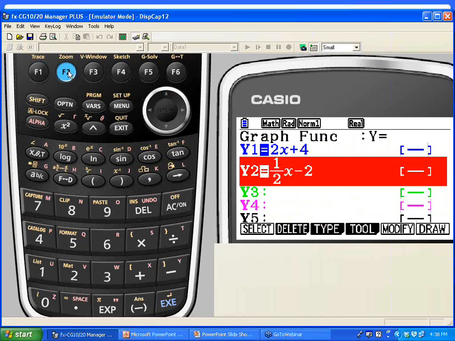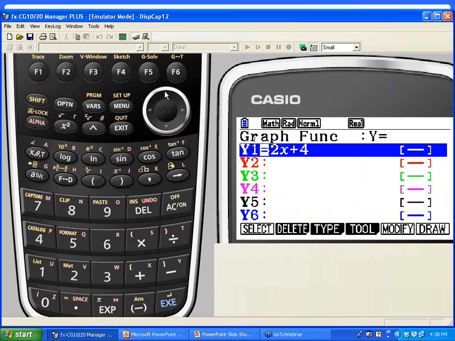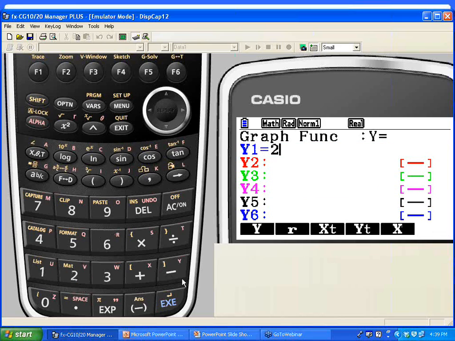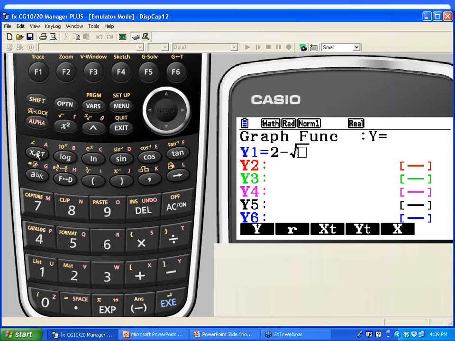Before we do that, we need to clean up our screen. So I'm going to go through and delete the previous functions by pressing F2 and F1 over each one of them. My next equation I'm going to graph is going to start off with 2 minus, we're going to hit shift and square root. I chose some functions so you could really see just how neat the text font looks when we're on the graph screen, because you're actually seeing what the student would see on a textbook or as how they would write it down on their paper.